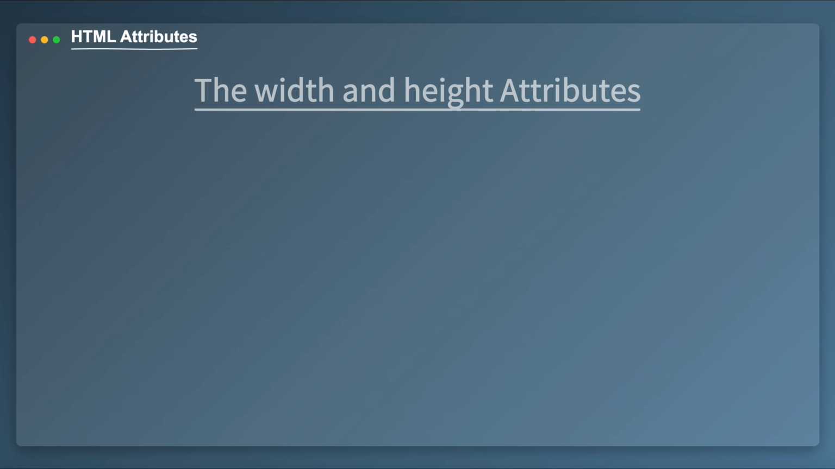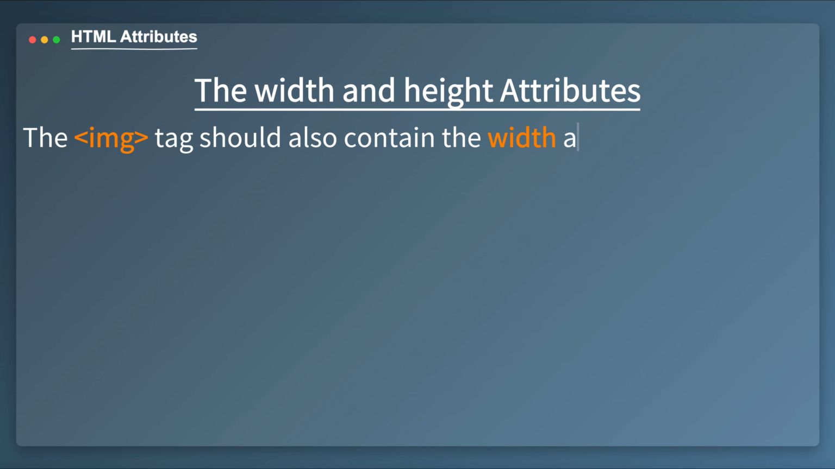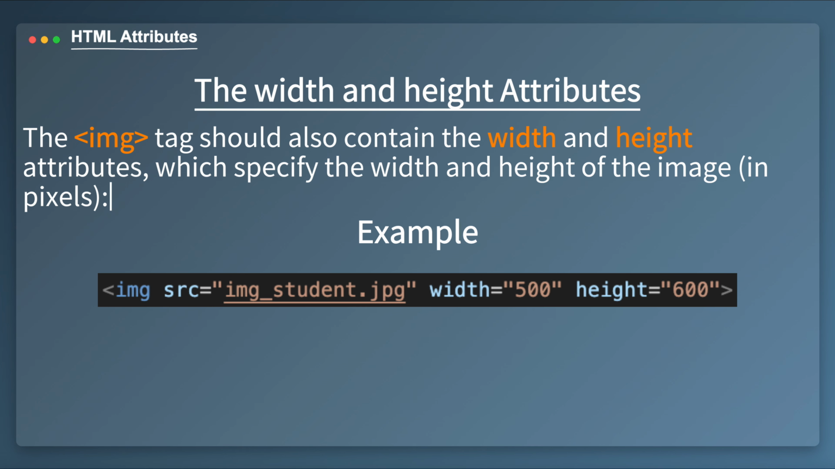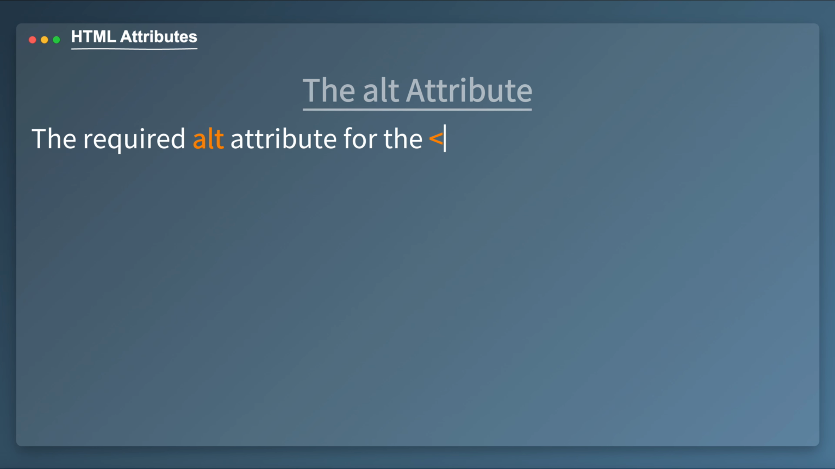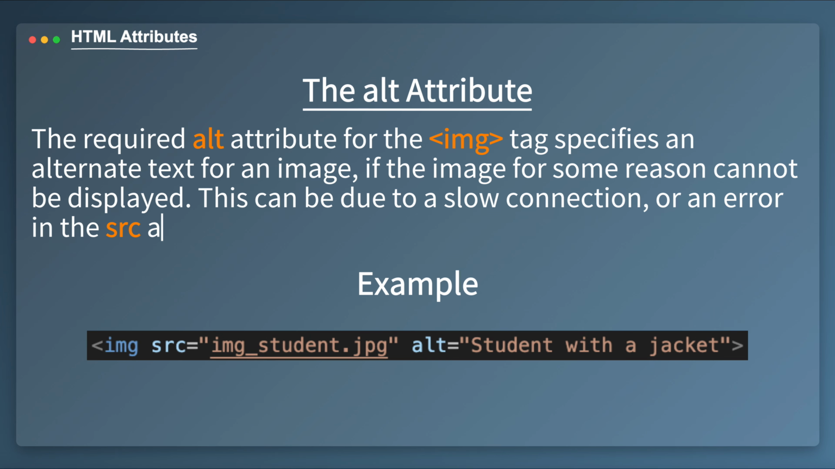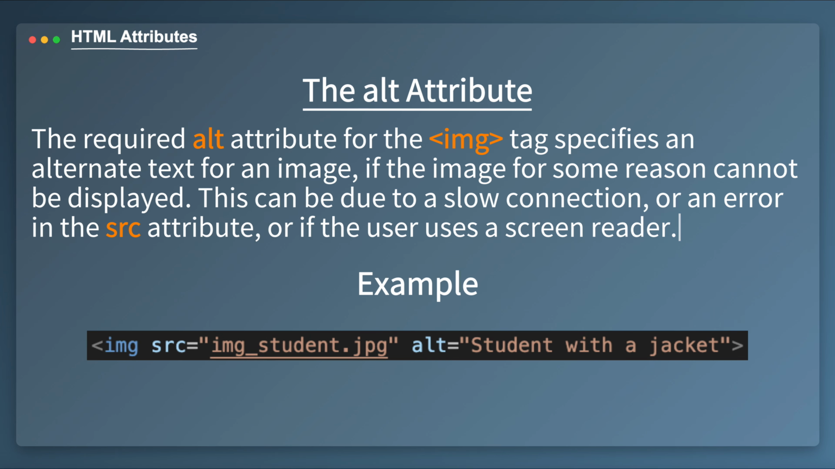Now let's talk about width and height attributes. The img tag should also contain the width and height attributes, which specify the width and height of the image in pixels. The required alt attribute for the img tag specifies an alternate text for an image if the image for some reason cannot be displayed. This can be due to a slow connection,